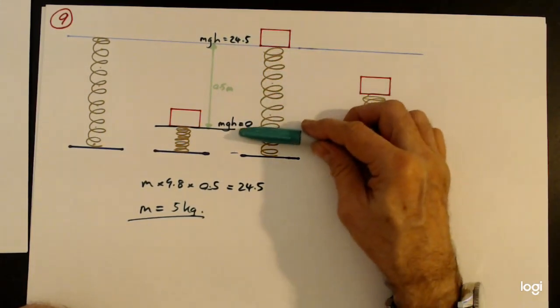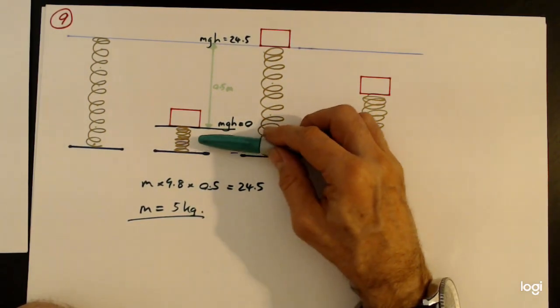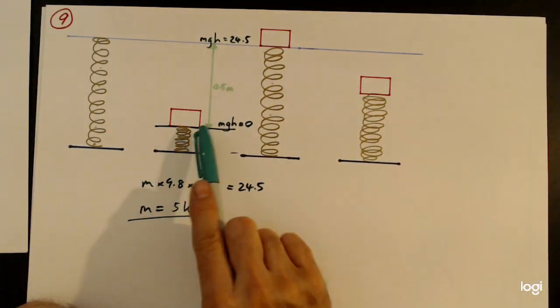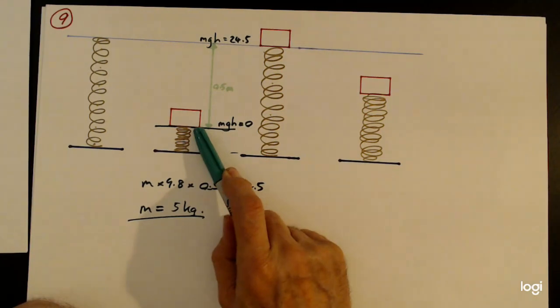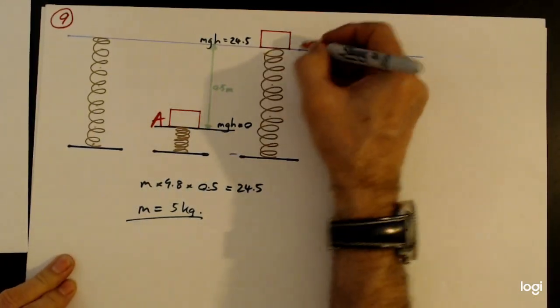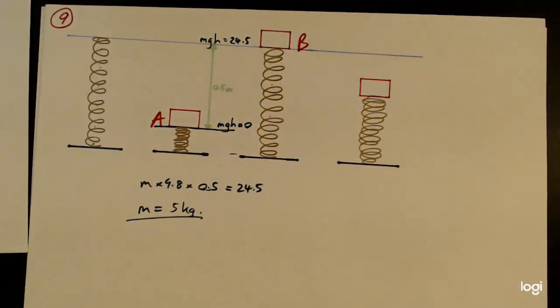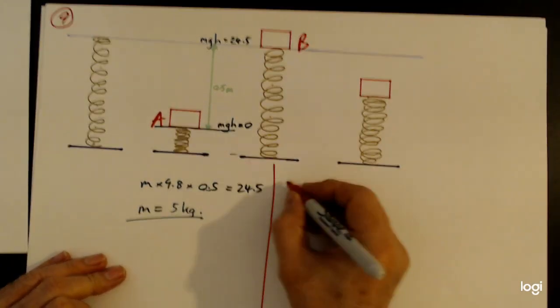And the only energy that it has down here is elastic potential energy. And so it must be 24.5, because again, now it doesn't have any gravitational potential energy, and it's also not moving. It doesn't have any kinetic energy either. Right? So point A, point B. And again, in your answer, by all means, feel free to draw all over the diagram that they give you and refer to your drawings and your sketching. So you can do this and then say, at point A,